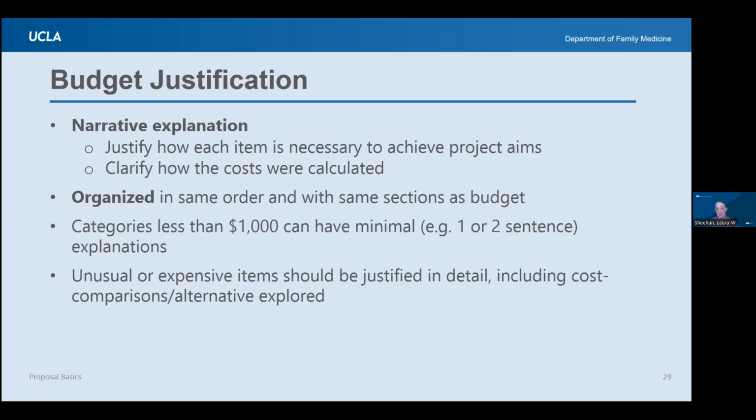If it's less than $1,000, you can keep the justification simple, 1 or 2 sentences, that should be fine. But if it's a unique, a really weird, or a really expensive item, you're going to want to justify the hell out of it. You're going to really need to explain why you came up with that number, and how you explored other alternatives. Maybe you got quotes from multiple places, and prove to them that this is reasonable, because they will be judging you on that. And of course, make sure your figures match. If you said $499 in the budget, but then your justification says $500, that's a no-go. They have to match exactly.